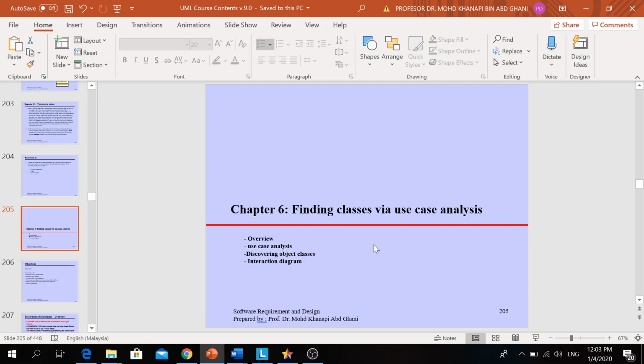This step is very important for you to discover the objects and classes, because objects and classes are very important for developers to create the program or logic for their system requirement.